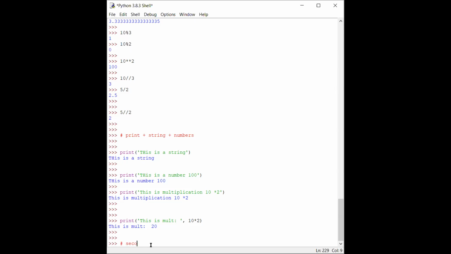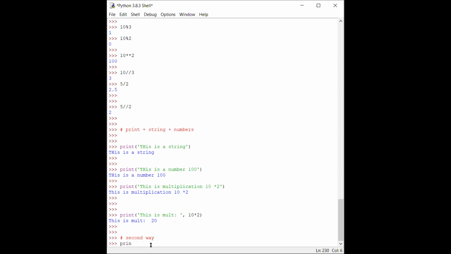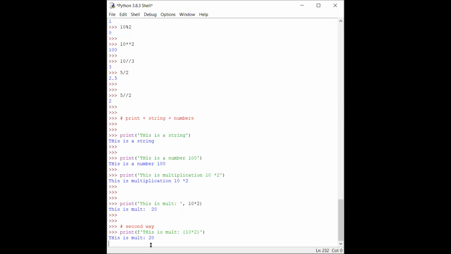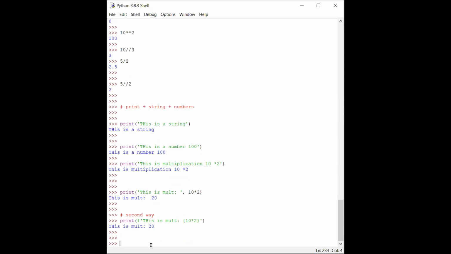Let me write the second way: print. This is my favorite way actually. So there is a formatter. Before you start writing a string, write an f here, the string formatter, and then you write this is multiplication. And here inside your curly braces you can write any value you want. Let's say 10 multiplied by 2. So what will happen, you do not have to use any comma, you do not have to use anything. In this string you can use curly braces and write whatever you want to write inside that,